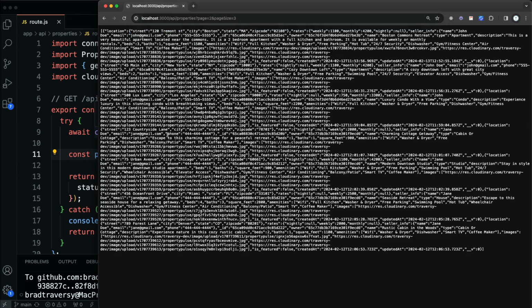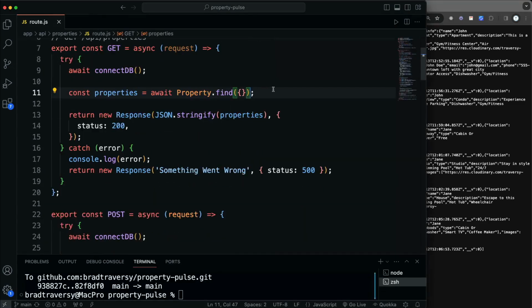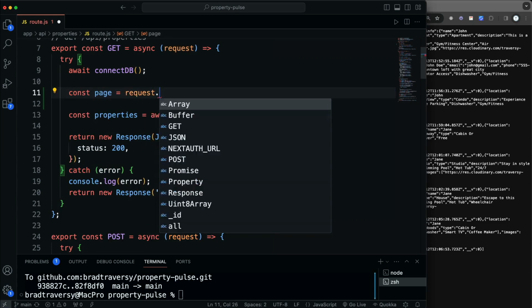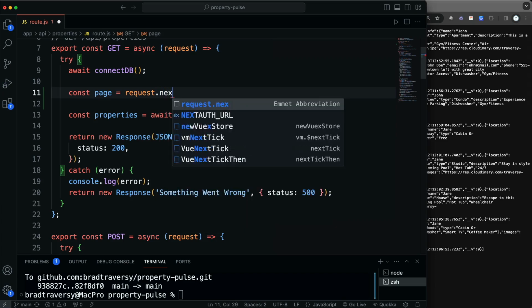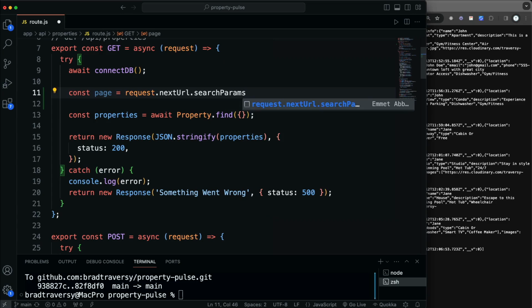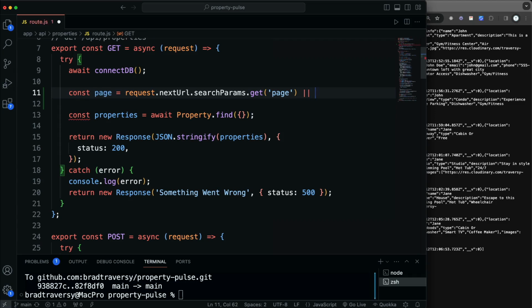All right, if I do that now, I still get the same result because we're not accounting for these page and page size search params. So that's the first step, is to go into the route here and get those, which we can do by, let's say, const page, and we can use that request object that's passed in, and then we can say nextUrl, like that, and then dot searchParams, and then dot get, which is a method we can use to get search params, and we want the page value. Now I do want to set a default here if that's not there, and we're going to set that to 1, of course,